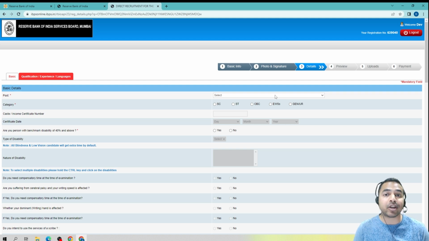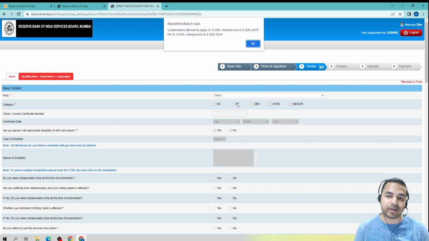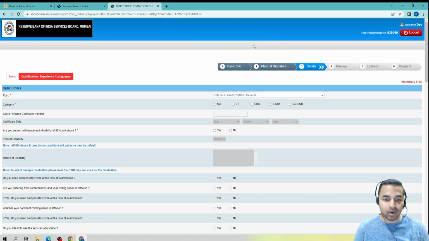Let me tell you that here the combinations of the different posts are also eligible. For example, if you want to apply for both grade B as well as DPR, or grade B as well as DSIM, so यहाँ पर मैं आपको बता दूं कि आप दोनों के लिए अप्लाई कर सकते हैं, provided you have to pay the fees as well for both the posts. As here I am only applying for the grade B general, so I am just clicking on general, and here you can see a message that combinations allowed to apply general as well as for DPR or DSIM is also there. So I'm just clicking on OK,